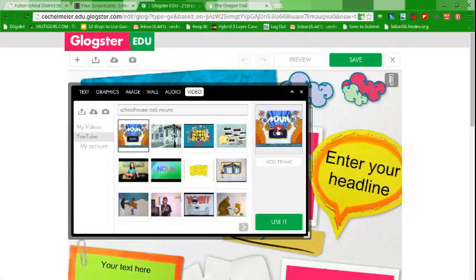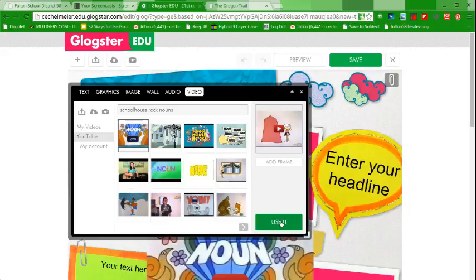I can preview it to make sure. See if this is the one that I want. Yep, this is the one I want. Okay. So right here, it comes off to the side, and I want to use it. So all I do is I hit use it, and now